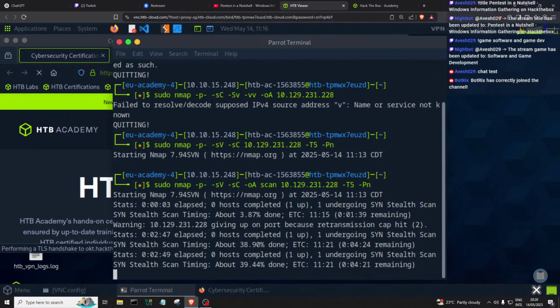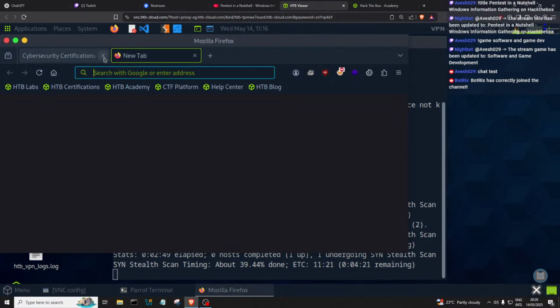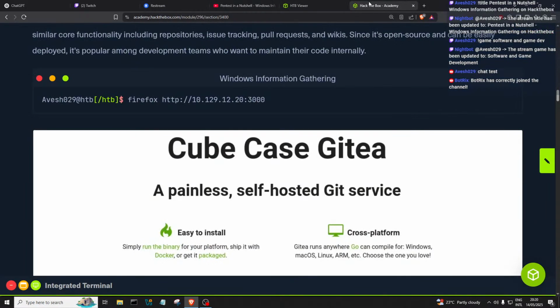Is it still running? Yeah, it's currently running it. But because it's taking some time, and well, the section right here gives a huge giveaway that we have